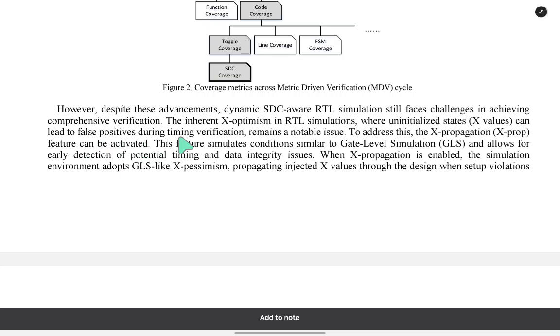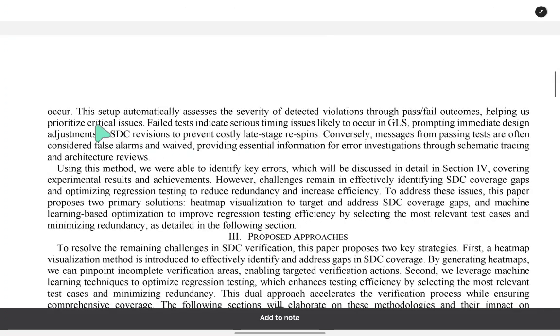To address this, the X propagation feature can be activated. This feature simulates conditions similar to gate-level simulation (GLS) and allows for early detection of potential timing and data integrity issues. When X propagation is enabled, the simulation environment adopts GLS-like X pessimism, propagating injected X values through the design when a setup violation occurs. This setup automatically assesses the stability of the detected violation through pass or fail outcomes, helping us prioritize